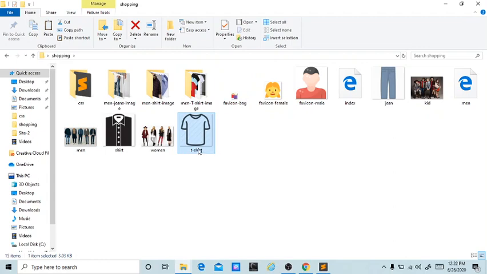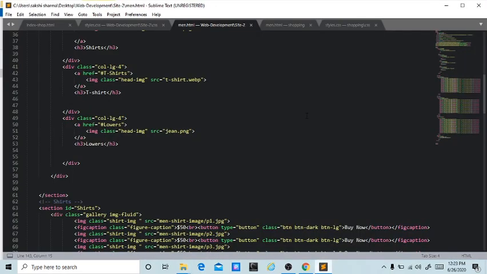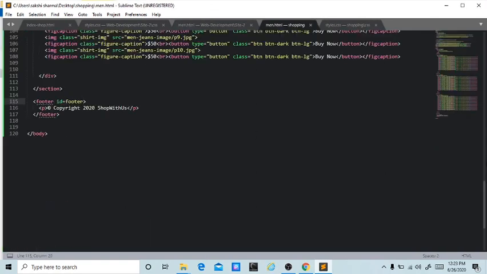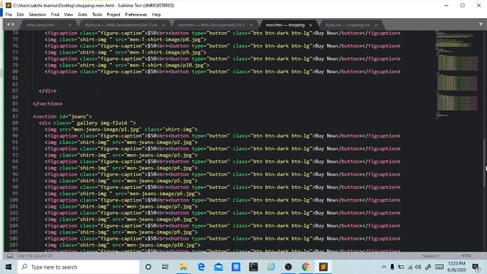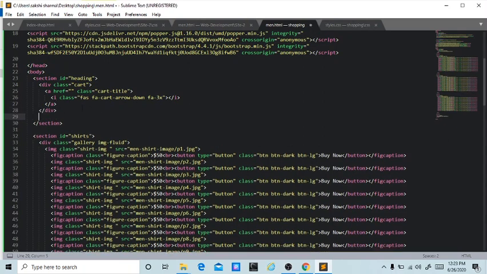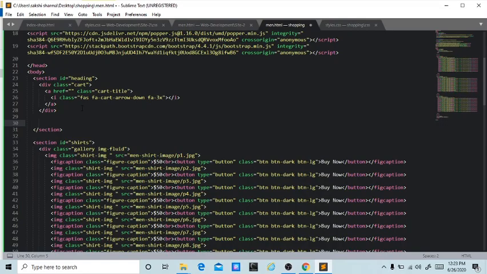So I have these images and I'll put that in my GitHub from where you can download it. Otherwise you can create on your own. You can go to Google and search for your own images. So let's add in our heading section